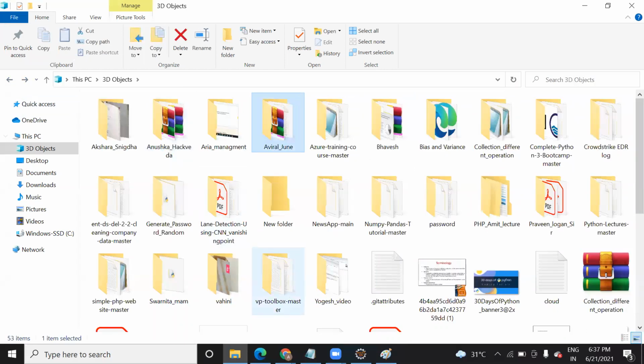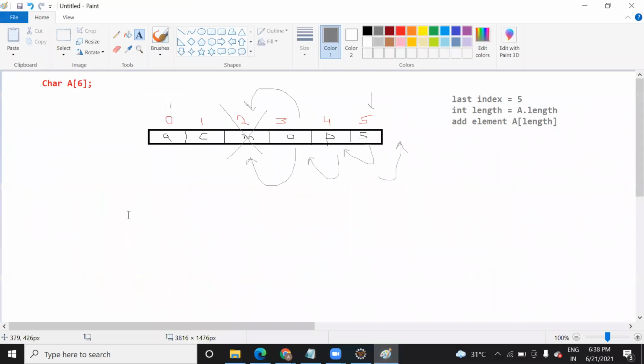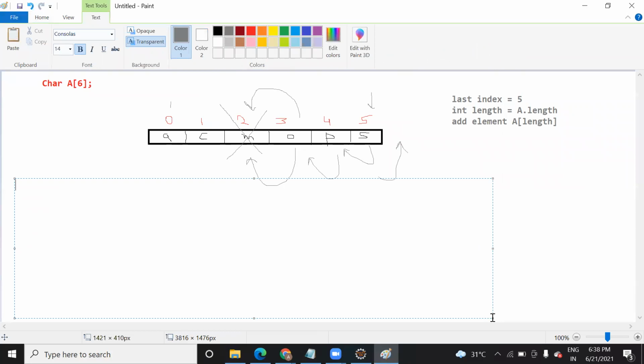Okay. Actually, time complexity and space complexity mean how much time your code requires to execute. There are two concepts, and computer science is based on this only. Time complexity means how much time in terms of computing your code requires. Okay. And what is space complexity? Space complexity means,